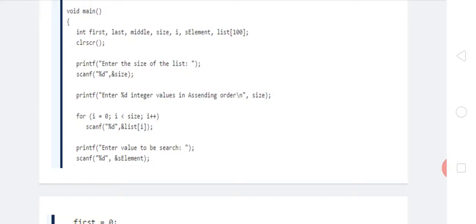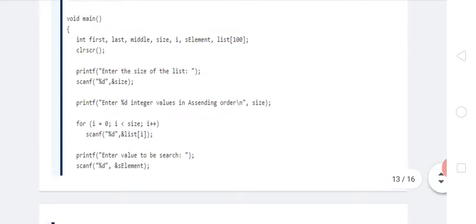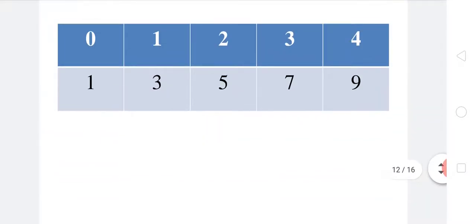To enter the numbers, I am taking one function, which is the scanf function. In scanf, we can enter or store the 5 elements in the array list. First, address of list of i. Address of list of 0 contains the element 1.